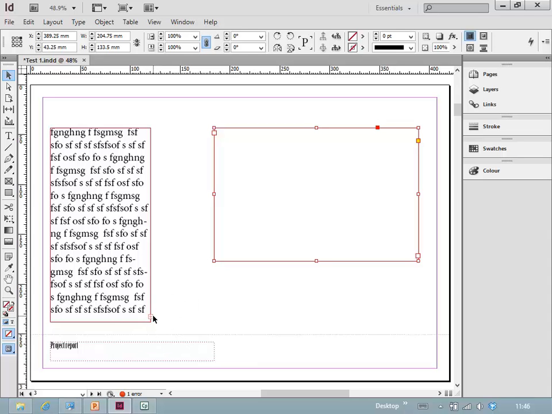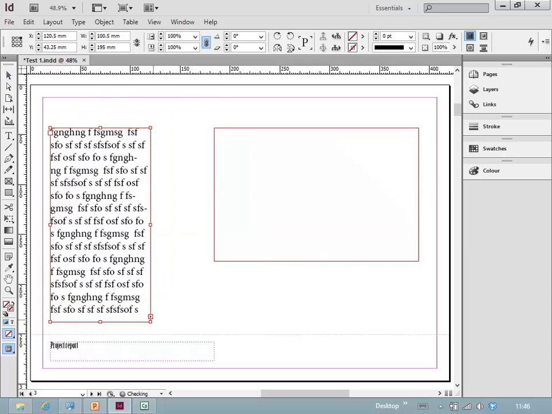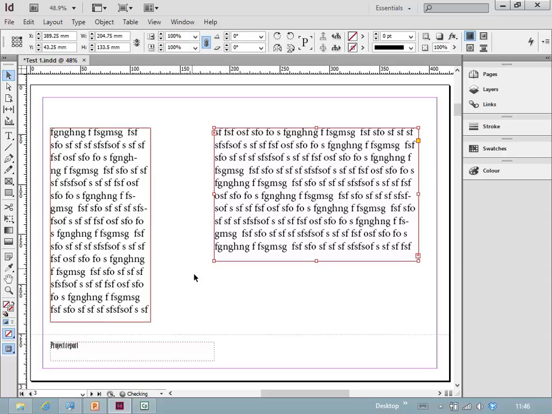So if I go down to this plus and we add it to this box, oops, it didn't work, did it? So you see I've hit the plus and you see it's changed my cursor to this big sort of text thing with a load of text. What it's telling me is, right, what do you want to add it to? So if we go over to our next text box and add it,